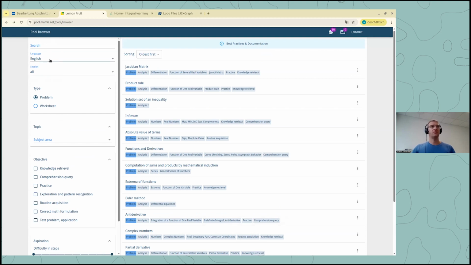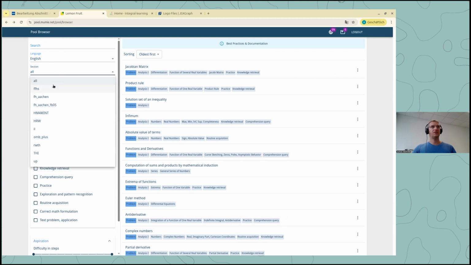A lot of them are in German and English. The ones from the course called OMB Plus are even in French. And here we can filter by section,